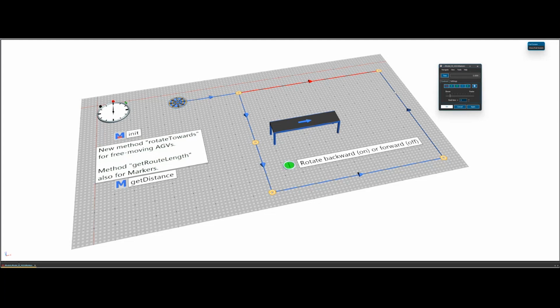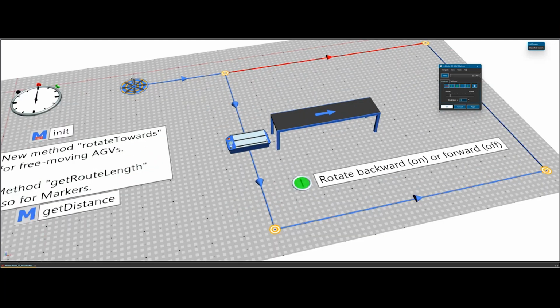If you want to rotate the AGV so that its backside faces a certain object, you can now also do this, but this is a little more tricky. I've built this into this model, into this method. It's a little more code. You don't have to get into it. Of course, the other option would be to simply mirror the AGV graphic so that physically it's pointing forward toward the conveyor, but you simply mirror the graphic of the AGV so that it looks like this.